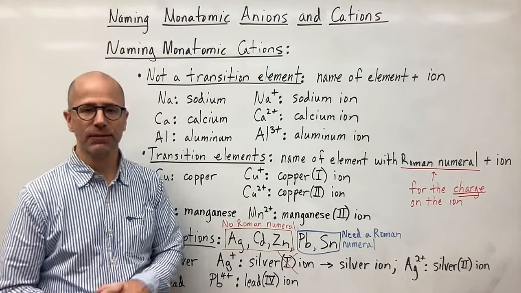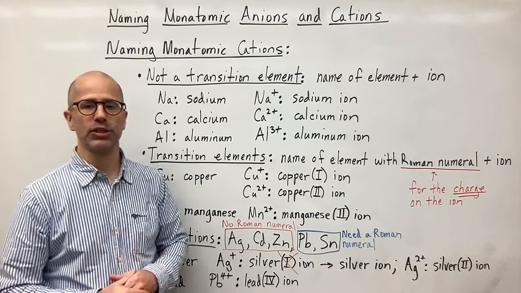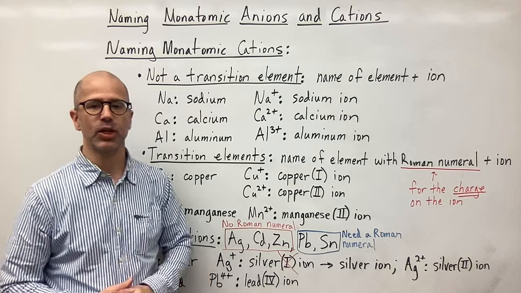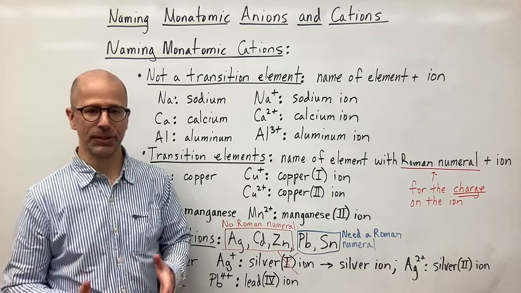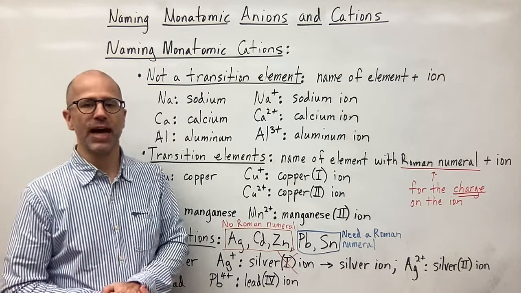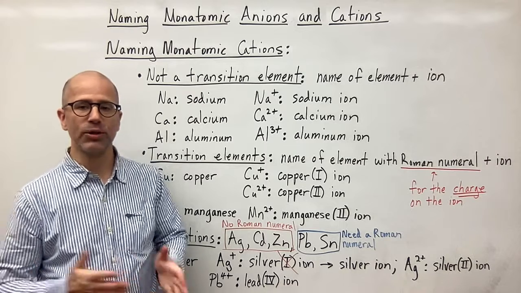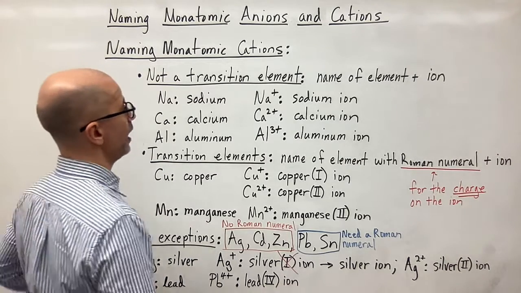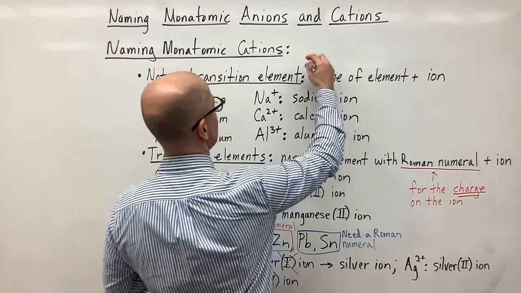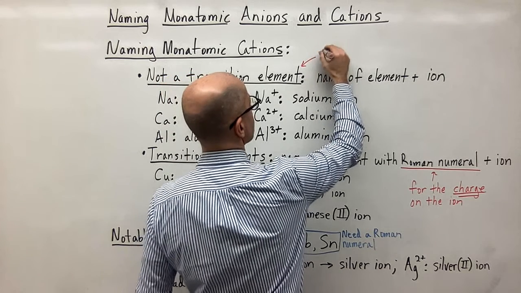So I need to divide this into two different categories, those that are transition elements and those that are not transition elements, because we're going to name those slightly differently. So what about the non-transition elements? Those would be the elements in groups 1A through 8A. So let me specify that. So the non-transition elements, these would be the groups